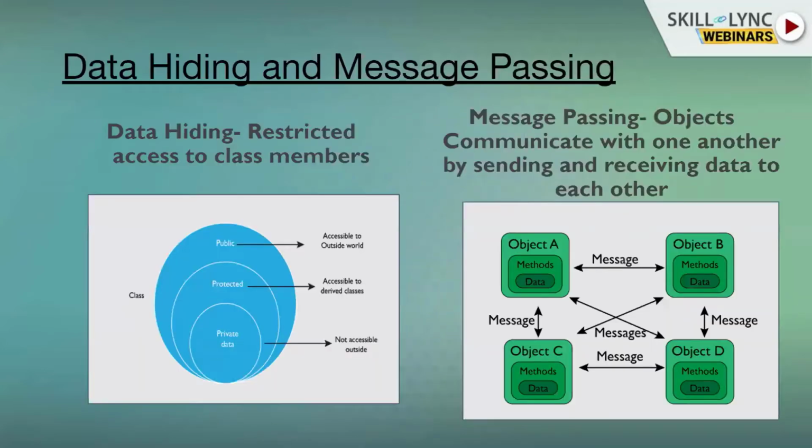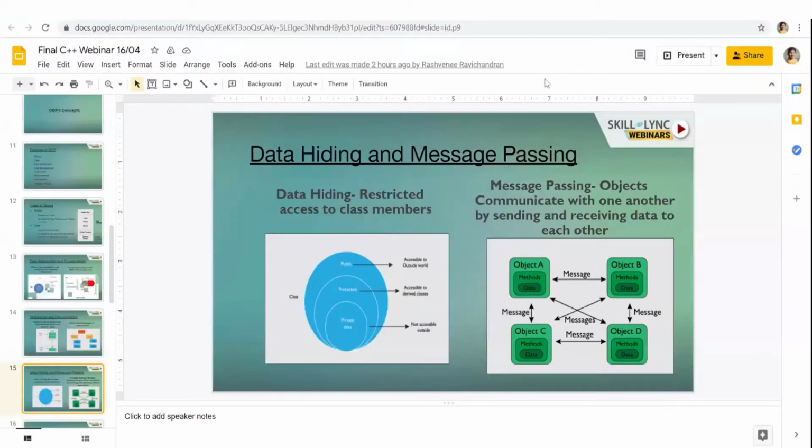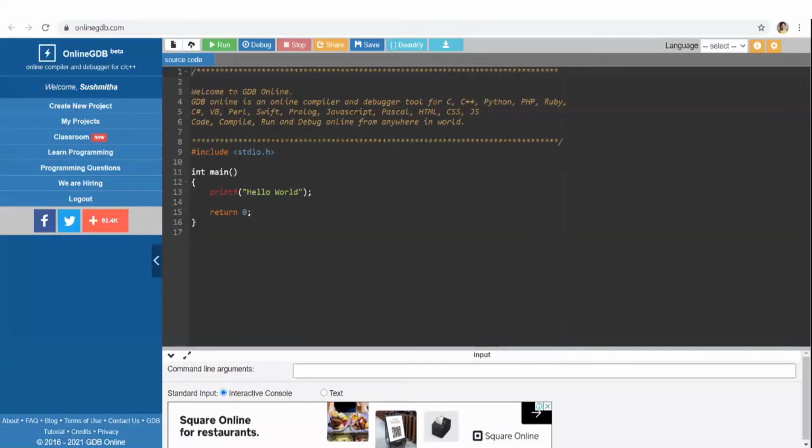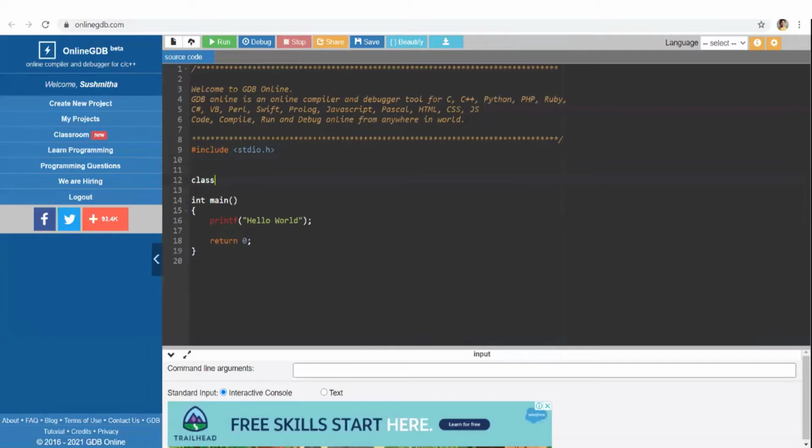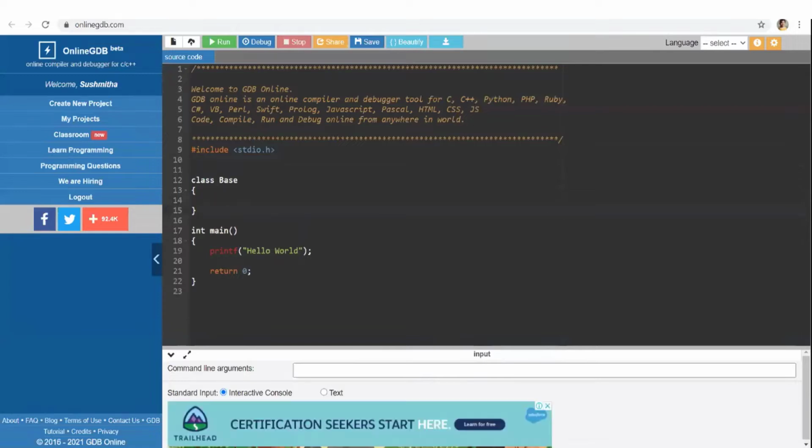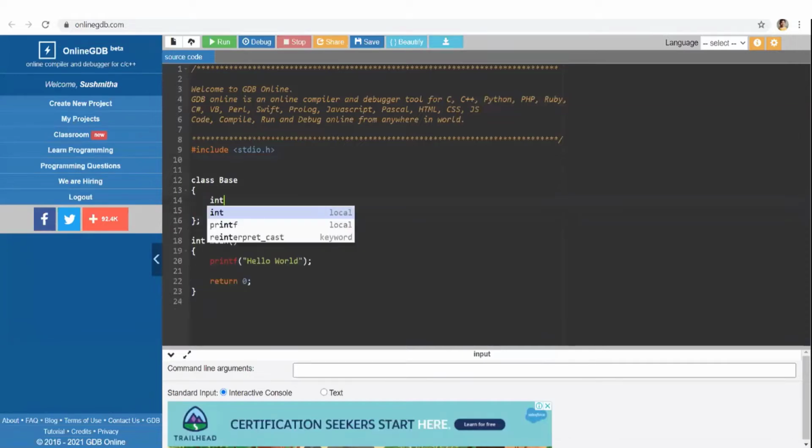Right. So let me take you through a small program. I'm writing a base class. Every class ends with a semicolon. By default, if I have a member here, it is a private data member.